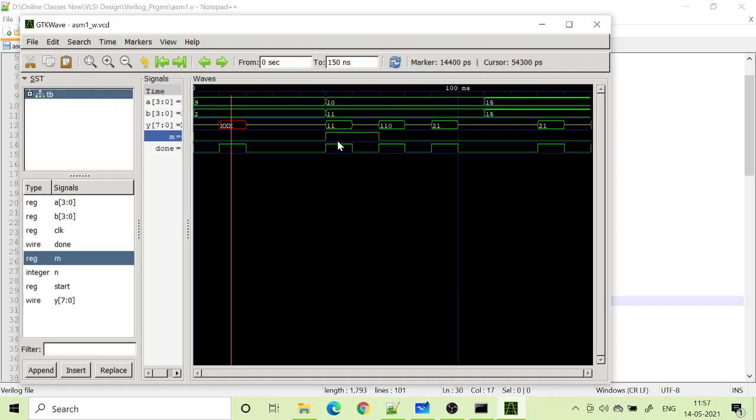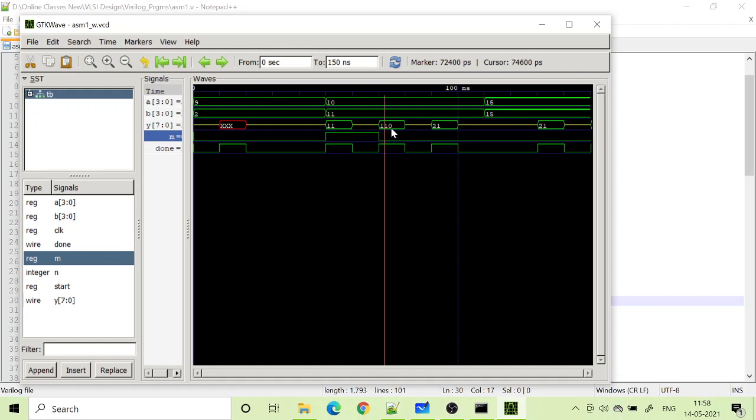But then next time when I displayed, I'm displaying the sum of 9 plus 2, 11 here, but at that time my input was 10 plus 11, but my m is now high, so I should get 110.